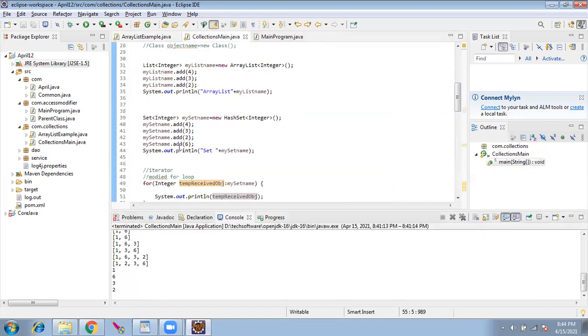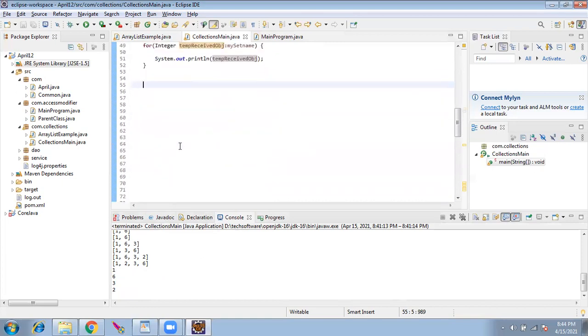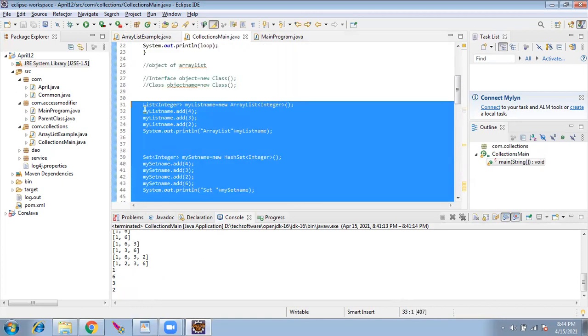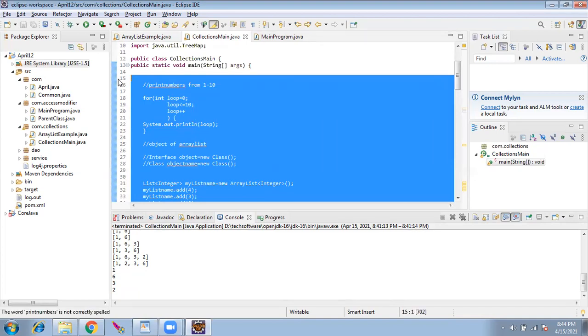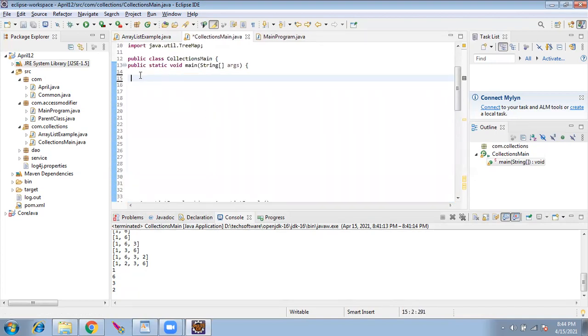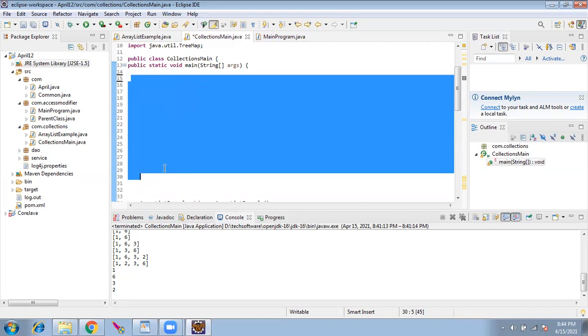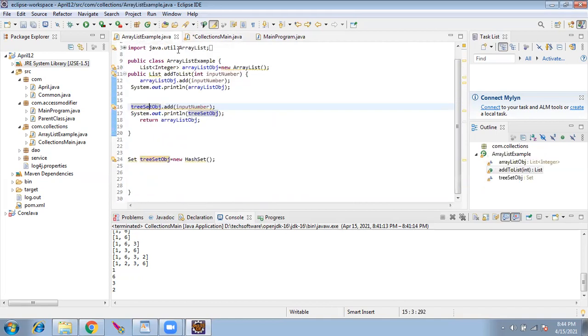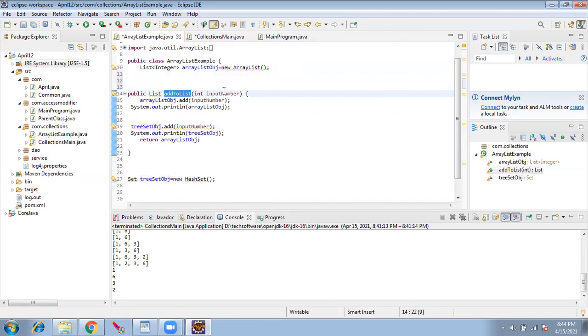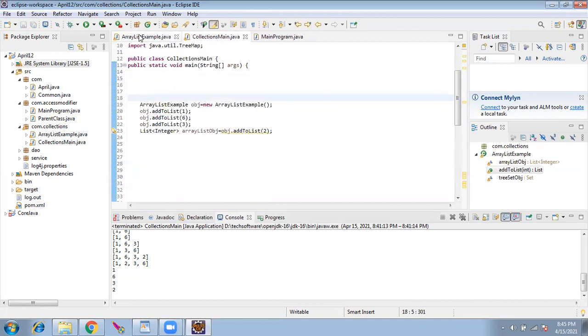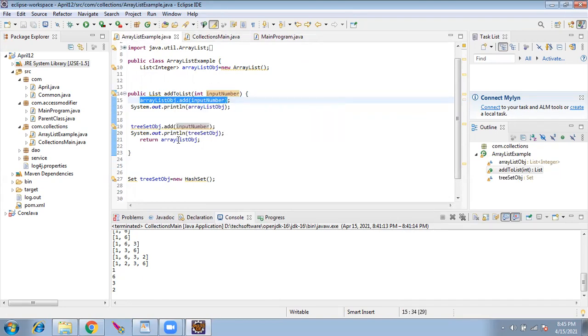No. Actually, what I am telling is, instead of writing, so far we wrote these programs here. I'll delete this. What I have done is, I have moved this to a method here, to another class. I created one method as add to an array list. I'll take one input argument and I'm adding to the list here. There's no new concept here. I just moved the logic to the new class. That's all.